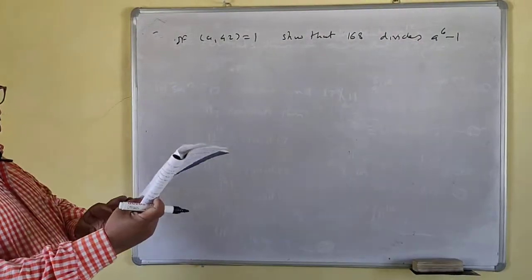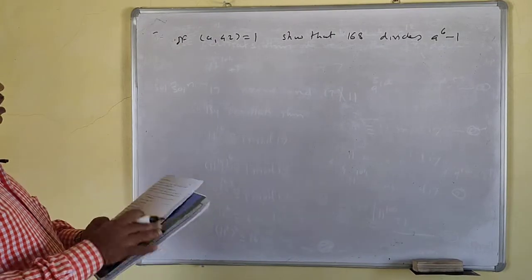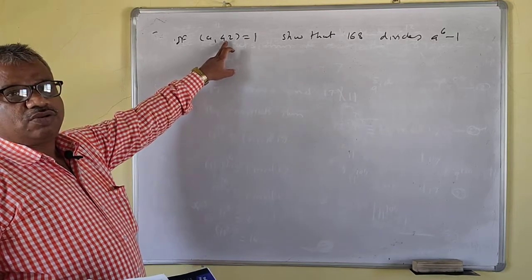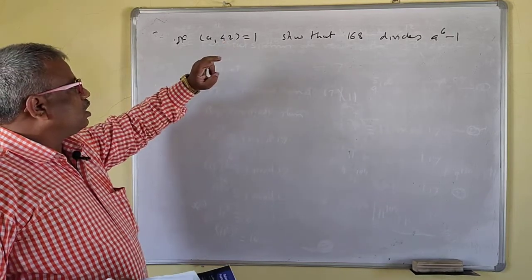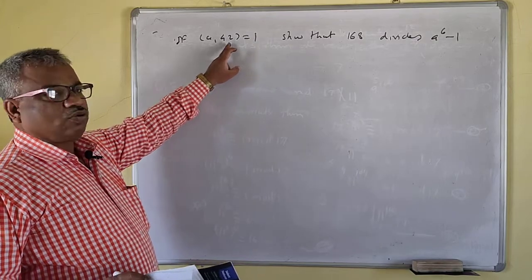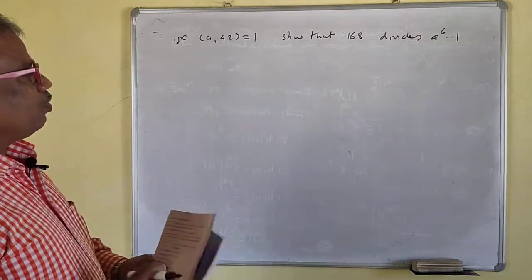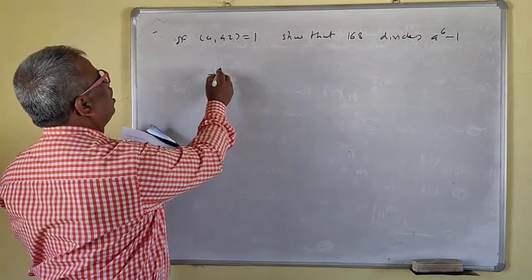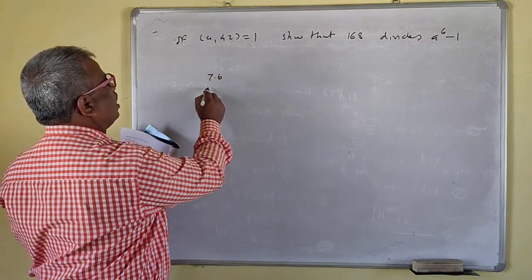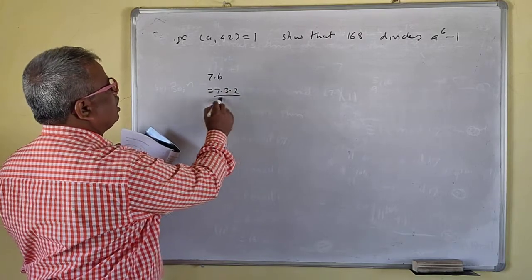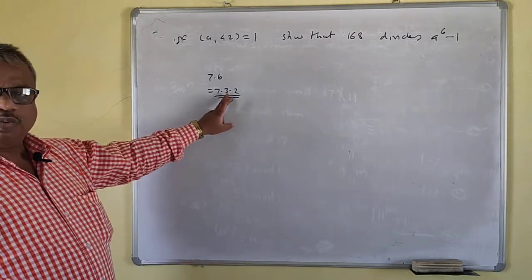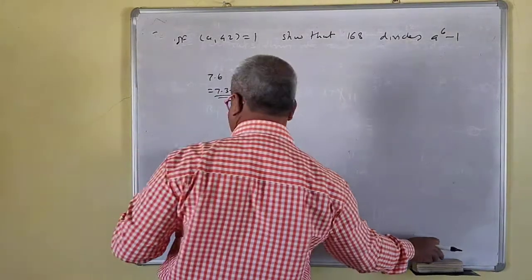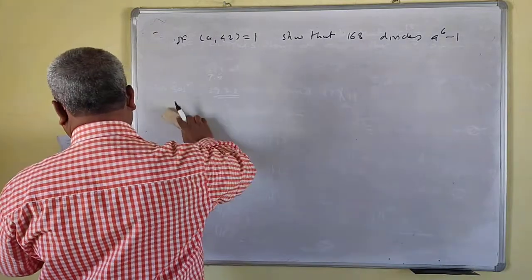This is a similar problem we did, right? So for 35 we did this. Okay, so this is what, 7 into 6, or 7 into 2 into 3. See, this is for primes. 7 into 6, right? That is 7 into 3 into 2. See, this is the product. So do for 7, do for 3, and do for 2. Okay, so you can do this one. We did this problem.